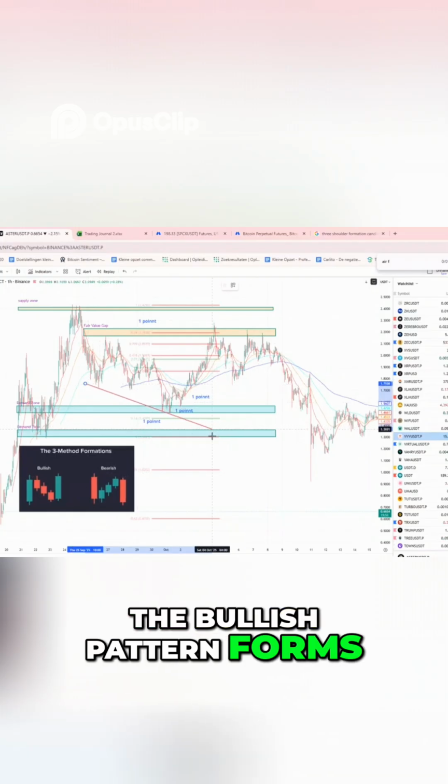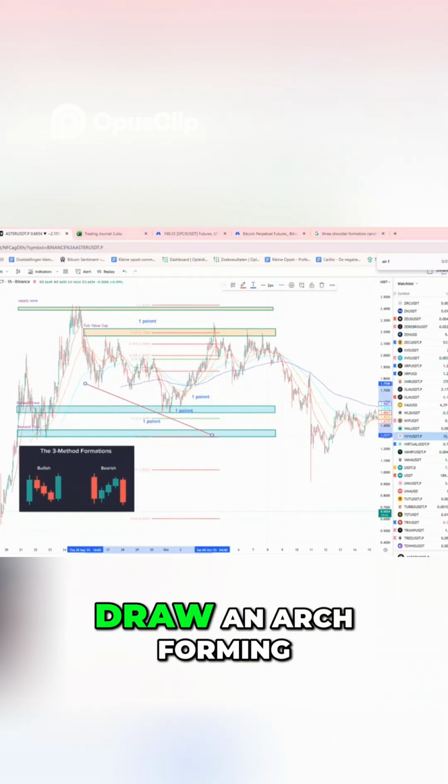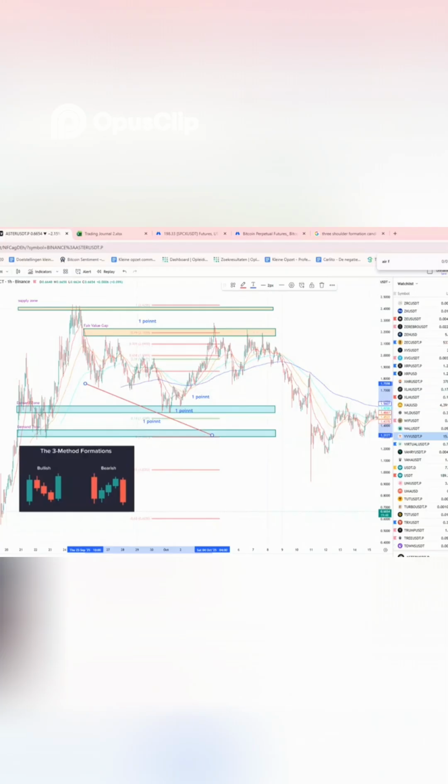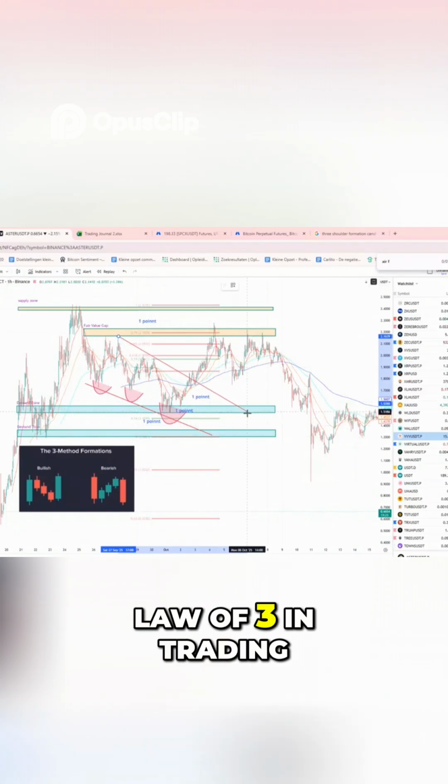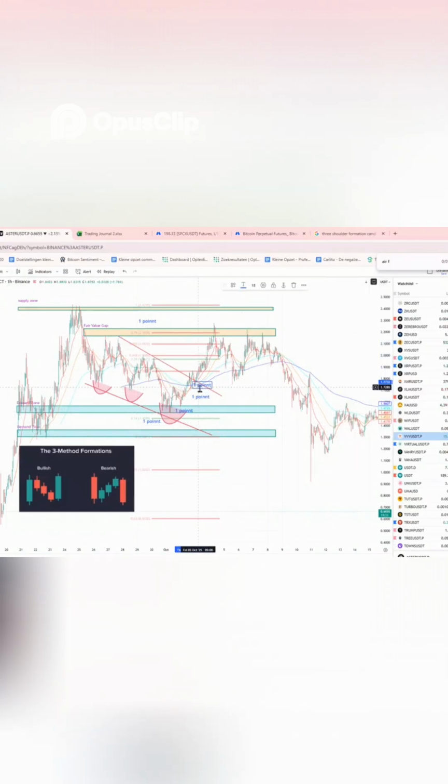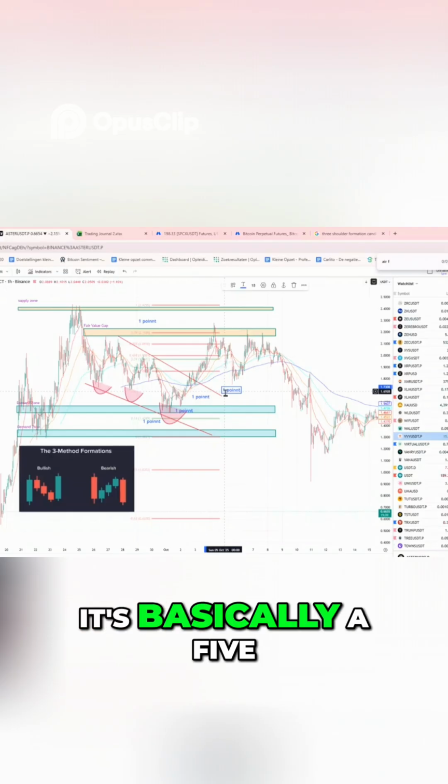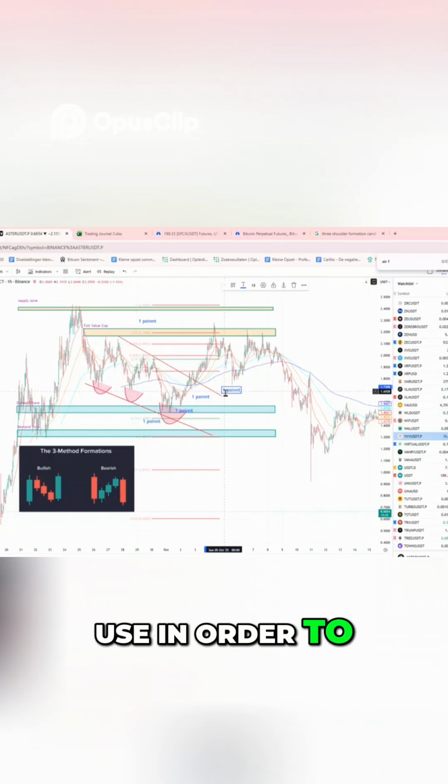The bullish pattern formed here when we draw an arch forming the 1, 2, 3. There's something called the law of 3 in trading, where it's basically a 5 point trade that we used in order to